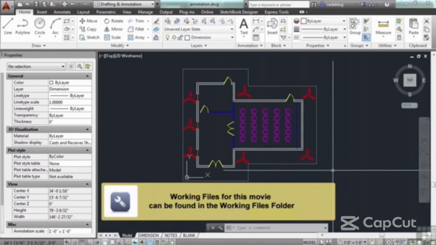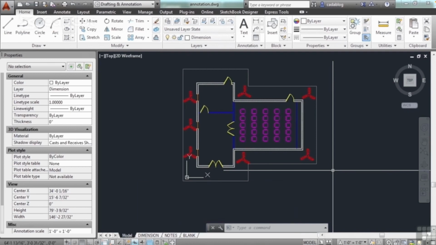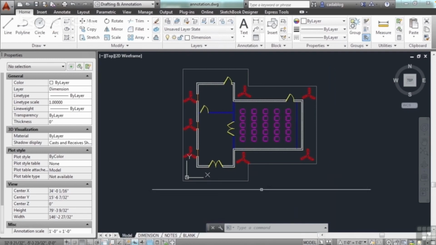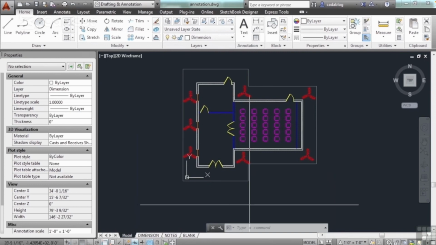Block and modify it into a new block, but without messing up the old block. So the explode command can help. Open up the annotation drawing file. Make sure you go to the model space tab. The explode command explodes a compound object when you want to modify its components separately instead of editing the block. That means it breaks it down and turns it into all of the basic instances or objects that it's made